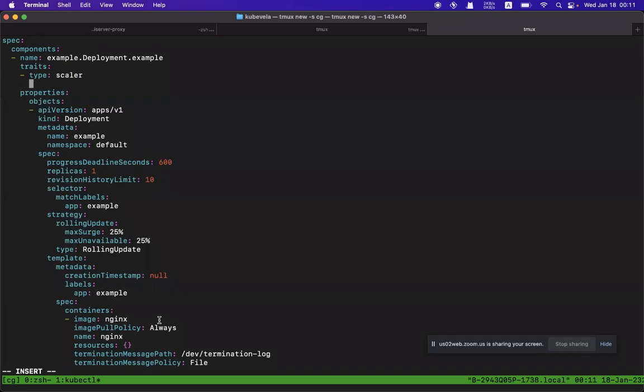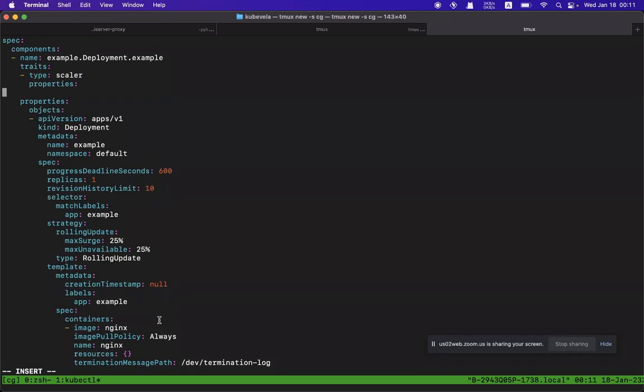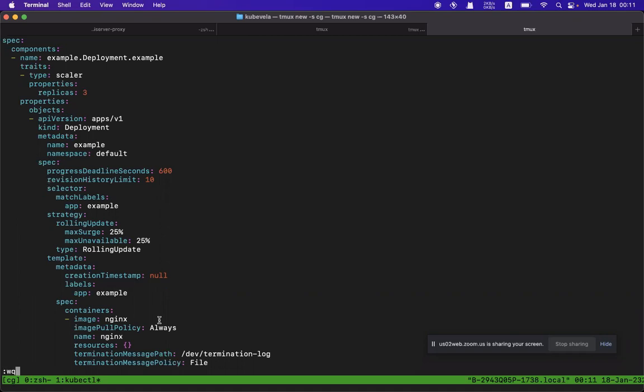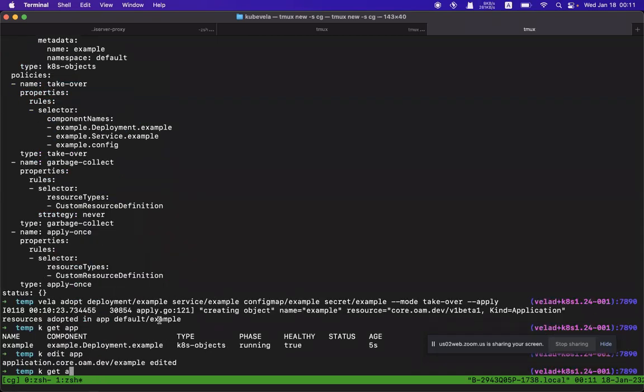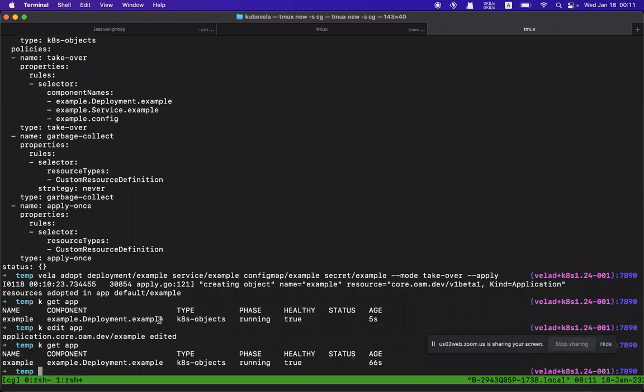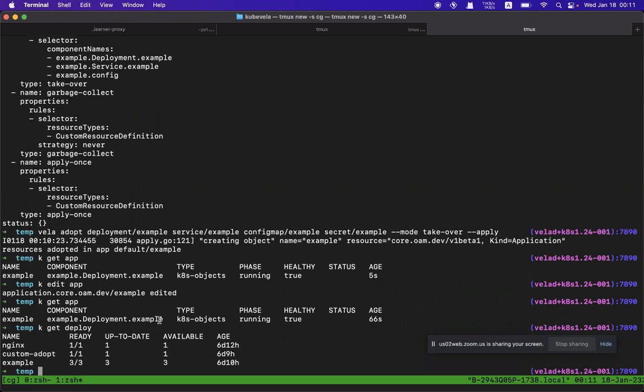We'll use the scaler trait, and the properties will use replicas 3, and I think we need to remove this one. So let's check the application, and let's check out the deployment. Okay, so we have just added a scaler trait which specifies the replica number of what we have adopted,